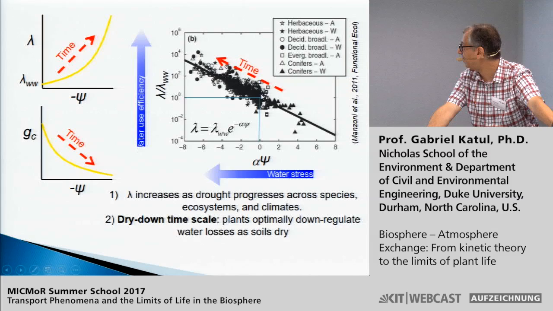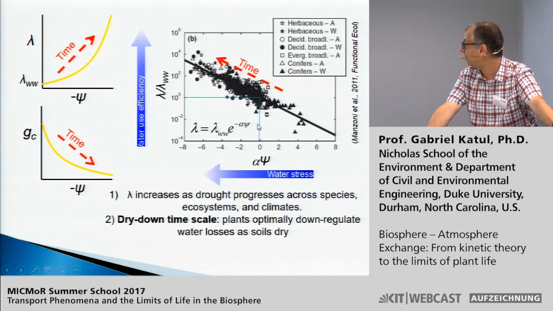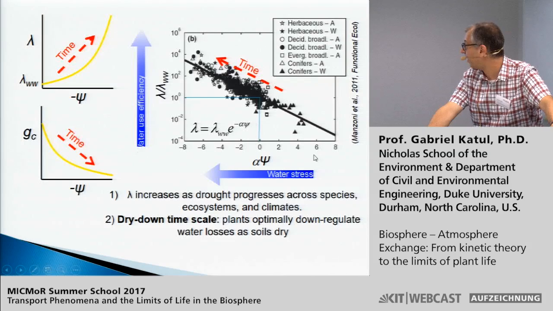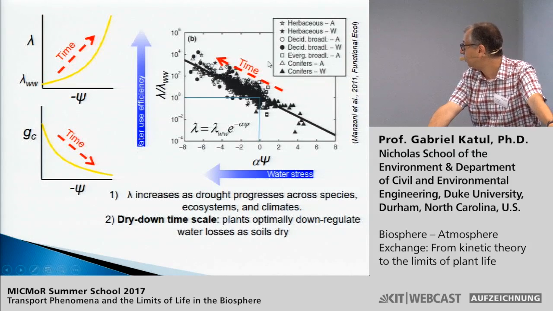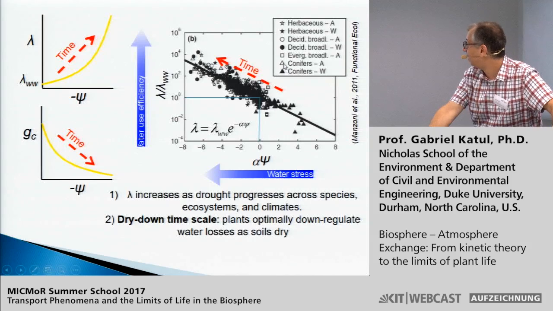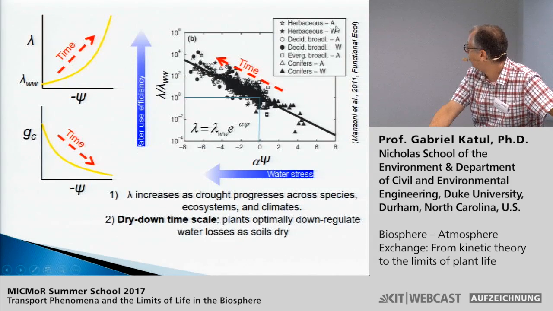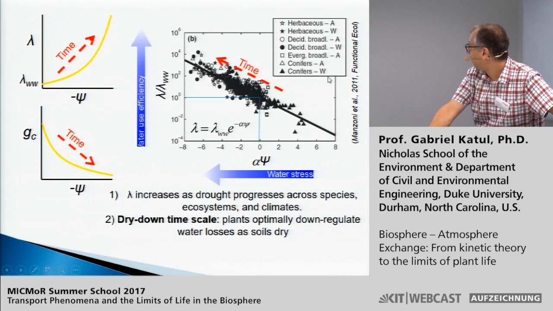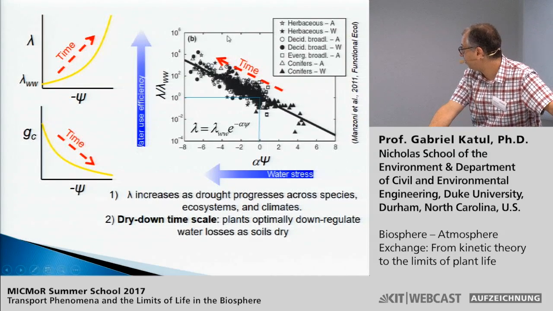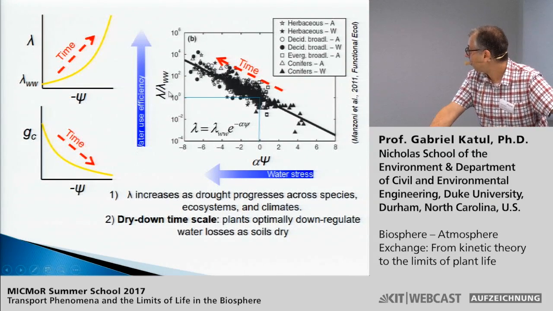And so as time progresses, lambda, relative to its well-watered state value, becomes bigger and bigger, roughly at an exponential rate. These are all analytical results. And as usual with Stefano's work, he was able to compare these calculations with Avogadro's number of data points for herbaceous plants under arid and wet environments, deciduous broadleaf for arid and wet environments, as well as evergreen and conifers as well. So these are a collage of probably 550 data points from different experiments normalized together.